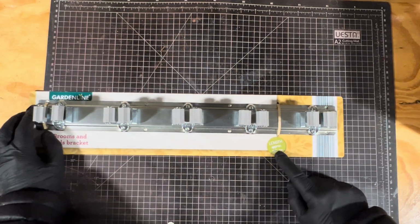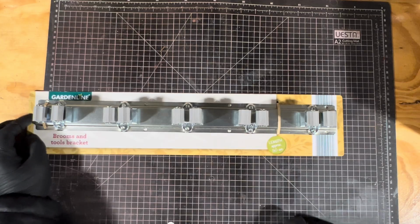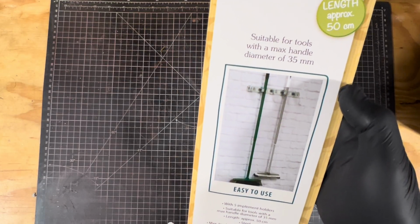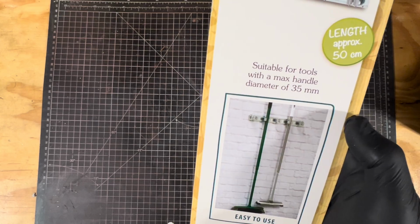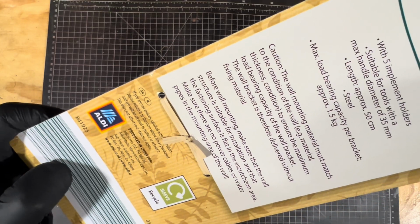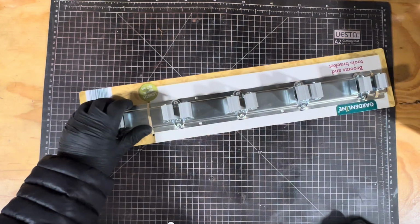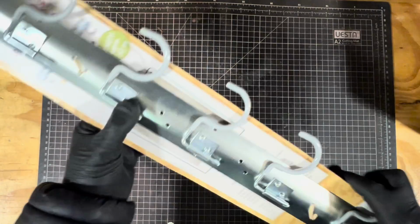There we go. 500 mil, or 50 centimetres. There we go, see it being used. Suitable for tools with a maximum handle of 35 millimeters. Maximum load bearing capacity per bracket, 1.5 kilos. Good. Next. Similar thing, again,